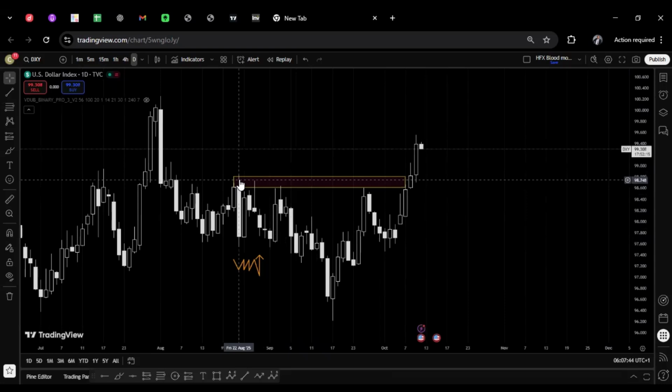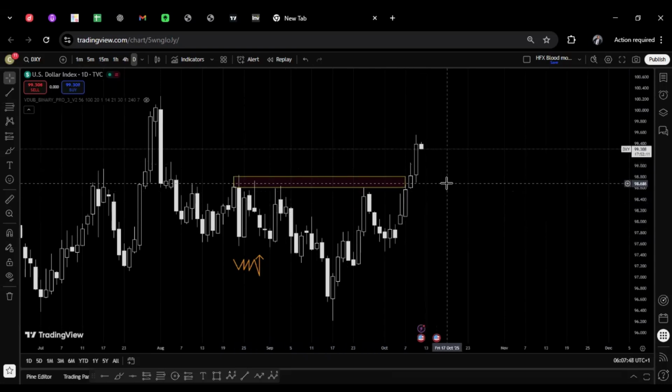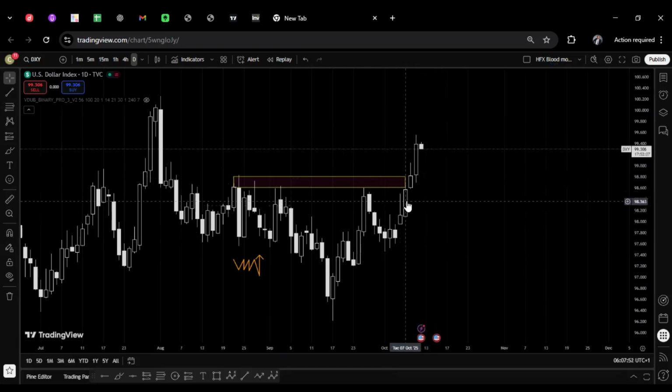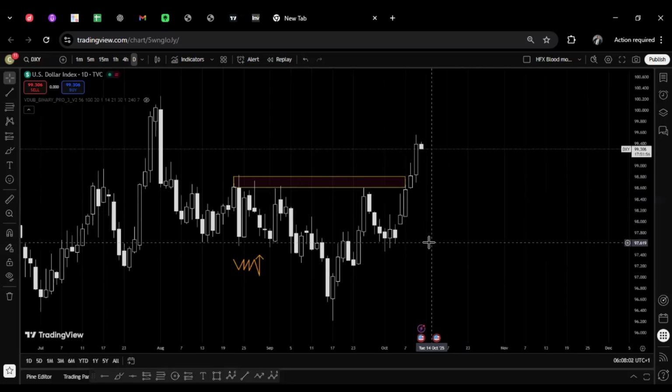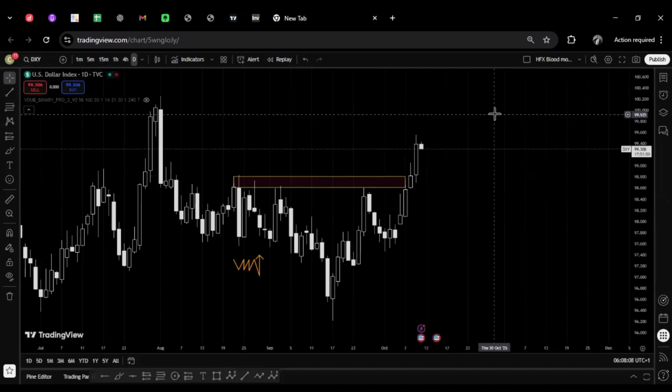Remember when I tell you, when you have an area of equal highs, I expect the market to break it, right? So when looking at this, I assumed that this trend, this zone here, will still be respected. And if it's respected, that means all the pairs attached to USD would gain,